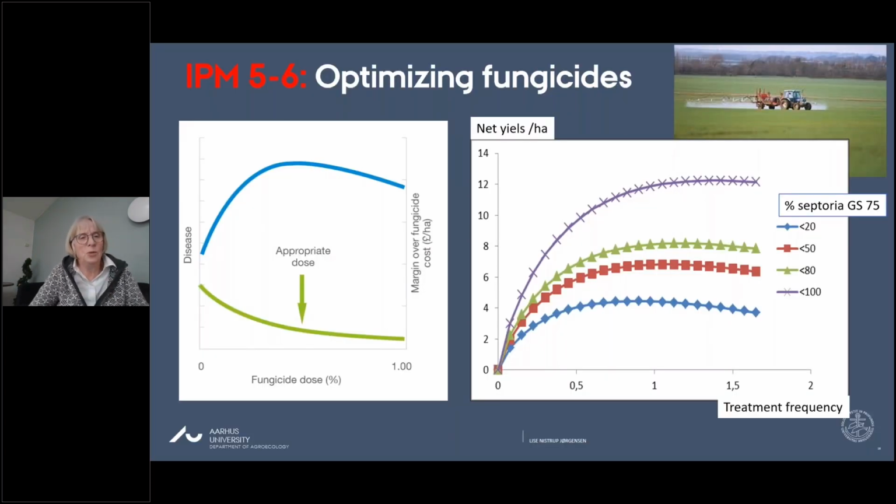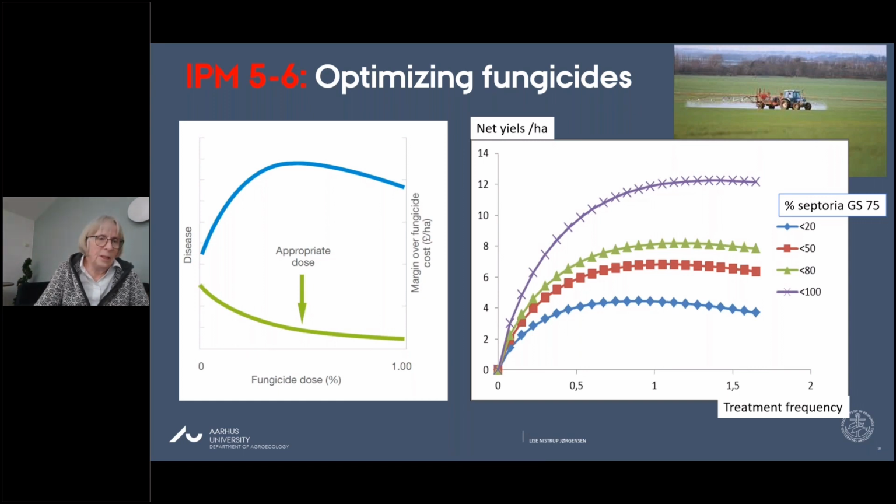However, we need to apply the products which are most effective, and the optimization of the dose is an important element. I mean, for the Danish situation, and also when there was a survey across Europe, it came out that all countries had some degree of reduced rates being recommended, and the optimal dose is of course a variable size depending on the season.